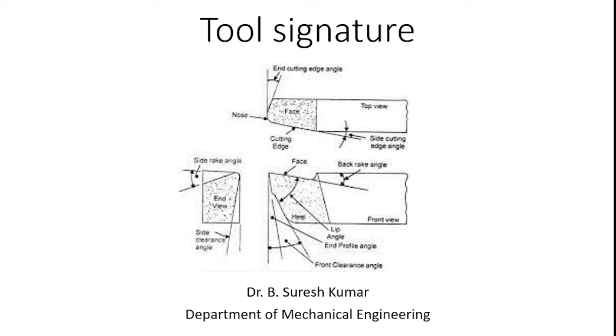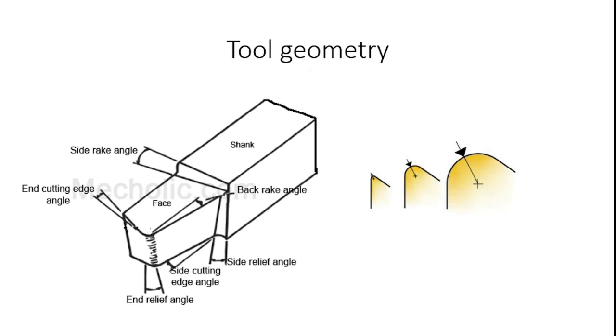Here, tool geometry depends on such factors as work material, machining variables such as cutting speed, feed and depth of cut. Tool material and type of cutting operation determine the different tool angles used to remove the workpiece material from the excess form. Okay, first we should be aware of rake angles.